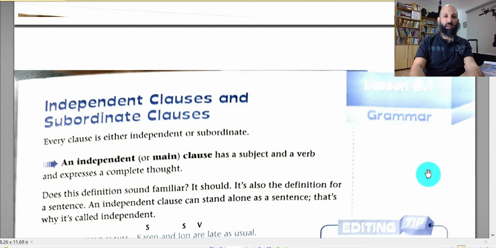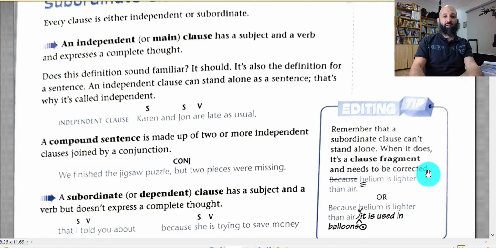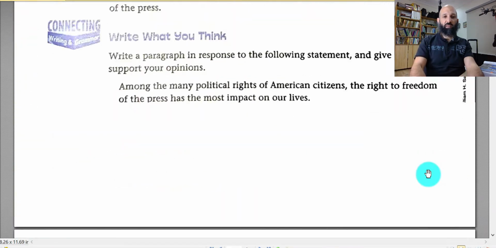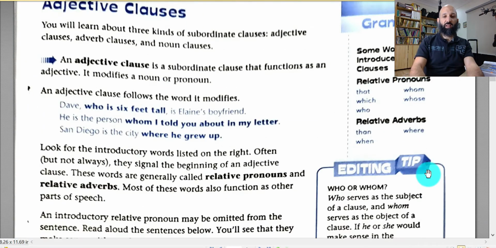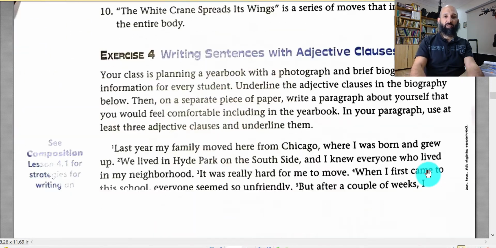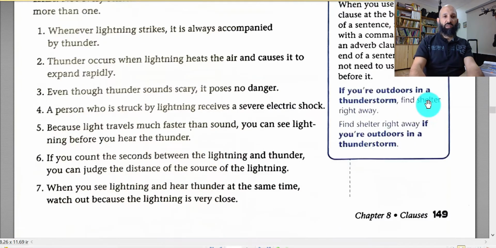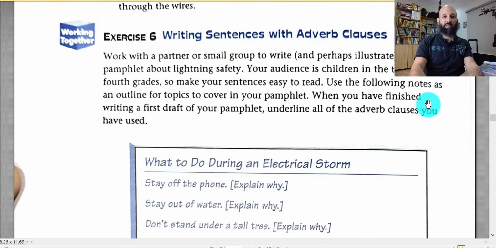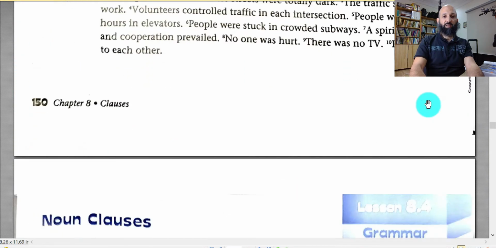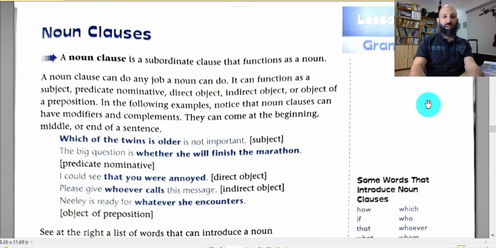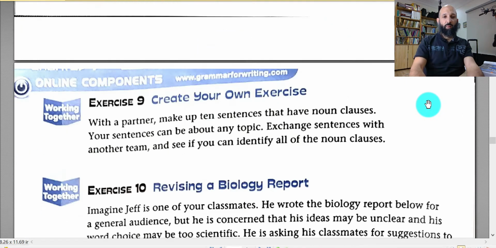It's about independent clauses and subordinate clauses, as they call it here, or dependent clauses. Many of you know those clauses by this name. This is the lesson we're going to explain today. In the coming lesson, we will talk about adjective clauses, and then the lesson after, we will talk about adverb clauses. As you've noticed, each lesson is followed by a page full of exercises, usually no more than that. And then we will talk about noun clauses,